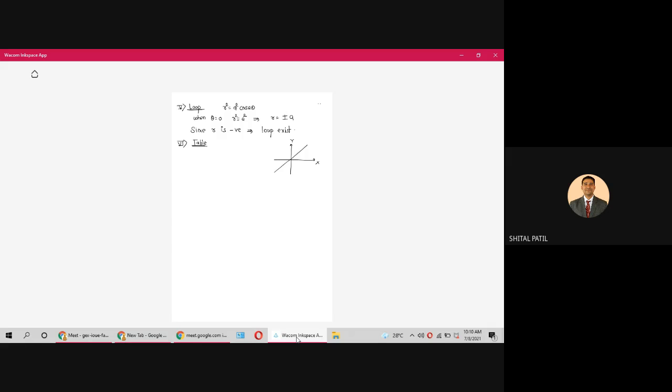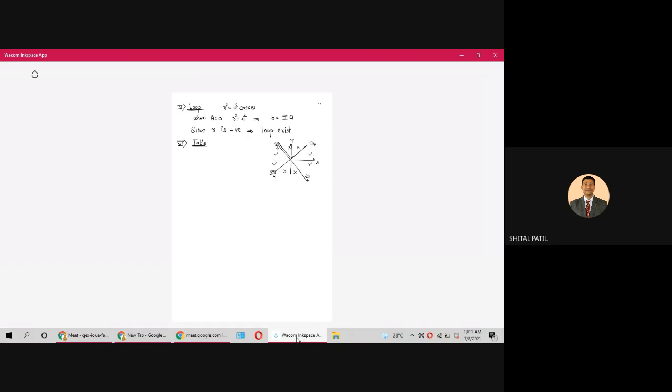These are the tangents, 2 tangents at pole. They are pi by 4, 3 pi by 4, 5 pi by 4, 7 pi by 4. Curve exists here. Curve does not exist here. So we should not take any value of theta from pi by 4 to 3 pi by 4, since the curve does not exist. If we consider it, r square will be negative and r will be imaginary. Again the curve exists here, so we can consider values of theta from 3 pi by 4 to 5 pi by 4. Again here the curve does not exist, so we should not consider values of theta from 5 pi by 4 to 7 pi by 4.